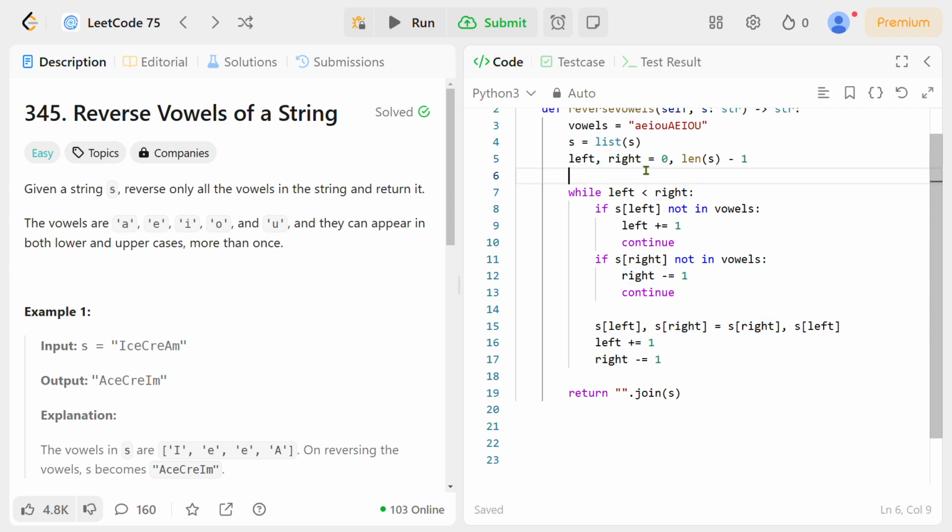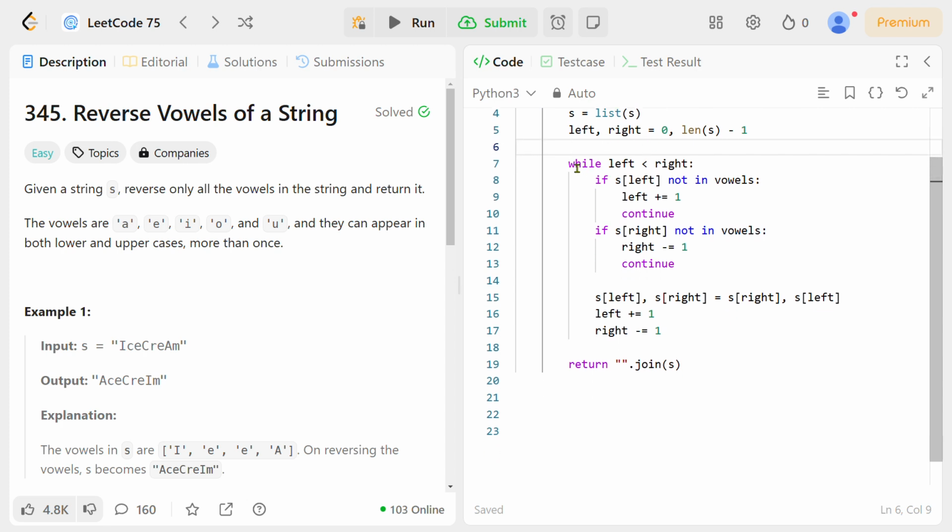I stored left equal to 0 and right equal to len(s) minus 1. Why len(s) minus 1? Because length counts from 1 to n, while our indexing goes from 0 to n minus 1.